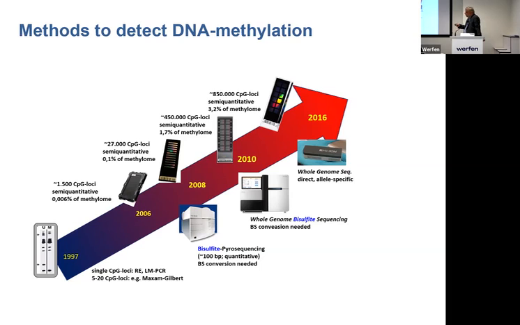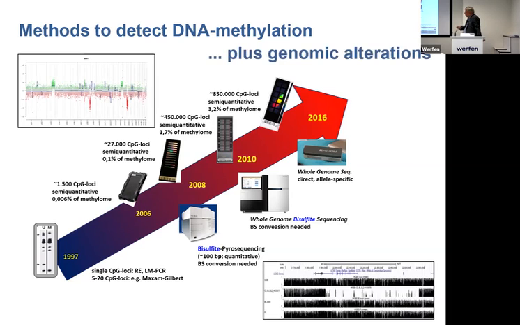The other advantage of some of these technologies is that at the same time you can interrogate genomic aberrations. For example, with these arrays, you can nicely produce a kind of array CGH profile and look for aberrations. If you want to look for 11q lymphomas, that's mostly doable with methylation in one step, without an additional investigation. And with bisulfite sequencing you can, for example, show this homozygous deletion in the P16 CDKN2A locus. So you can combine genomic and DNA methylation analysis nicely in one step.